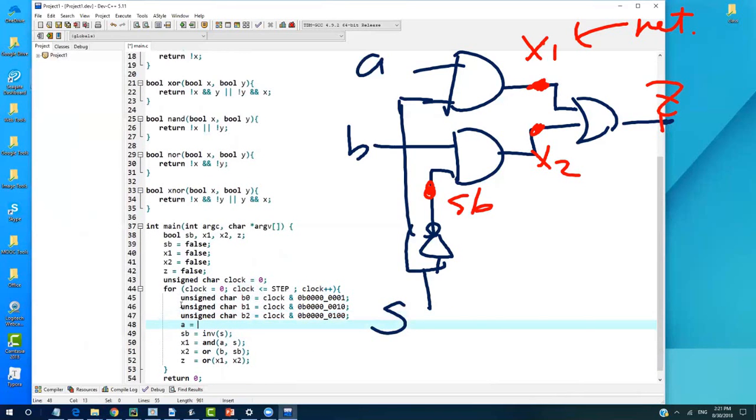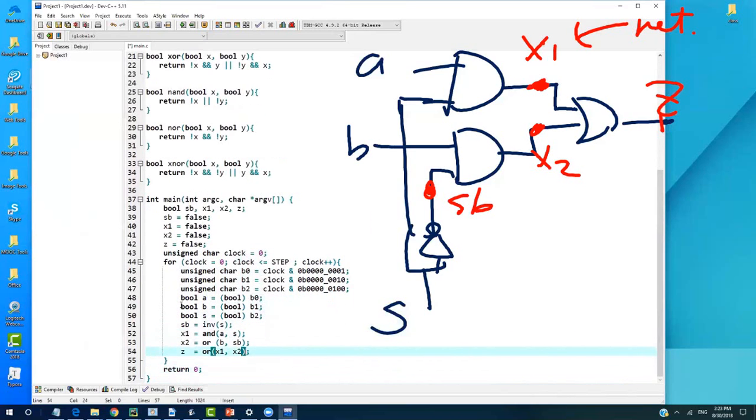So my A equals integer B0. Let me see. My A actually is Boolean type, right? My A actually is Boolean type. So I should have a Boolean. Know what I'm doing right now? Oh no. Not sure. Converting everything from like Boolean to